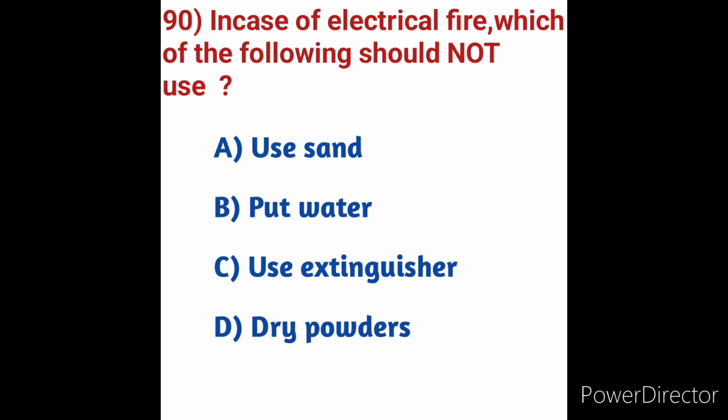Water, being a good conductor of electricity, can cause electric shock to the person trying to put out a fire caused by any electrical appliance. Hence, a fire caused by an electrical appliance should not be put out using water. You should never throw water on an electrical fire because water conducts electricity and you could be electrocuted. And if you don't have a fire extinguisher, you can use baking soda to extinguish an electrical fire.